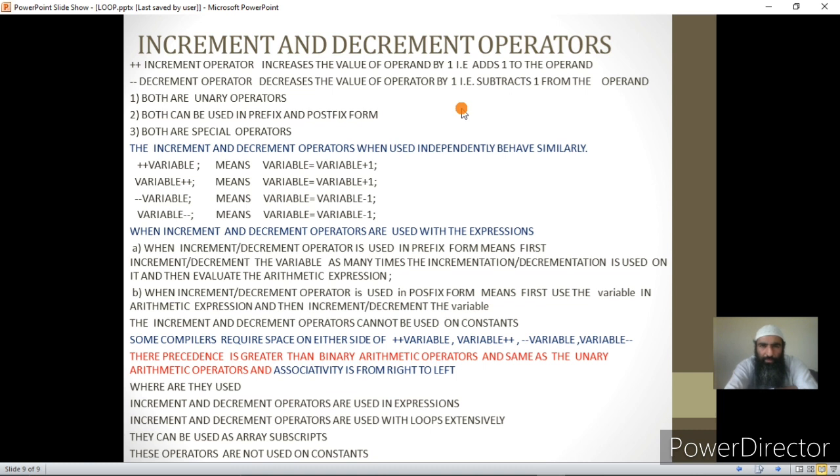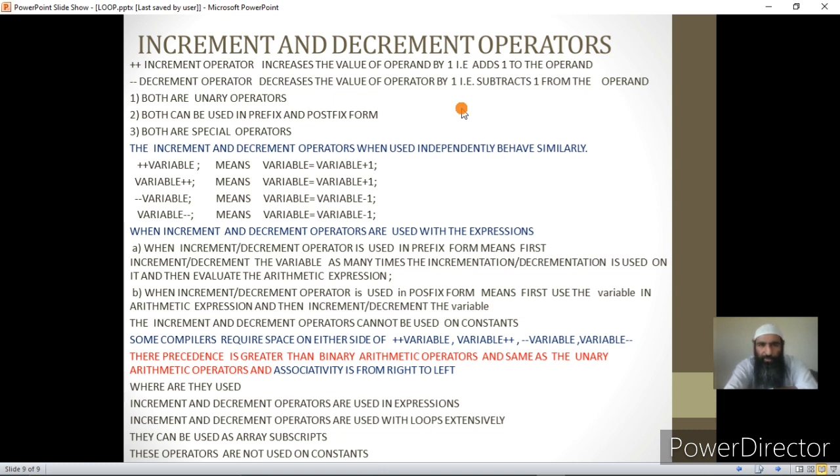Now we can also classify the operators based on where they are placed. If the operator is placed in the middle of the operands, then we call it an infix operator. If it's placed before the operand, then it is called a prefix operator, or if it's placed after the operand, then it is called a postfix operator. That is, according to the relative position with respect to the operands that the operator occupies. This classification is based on that.